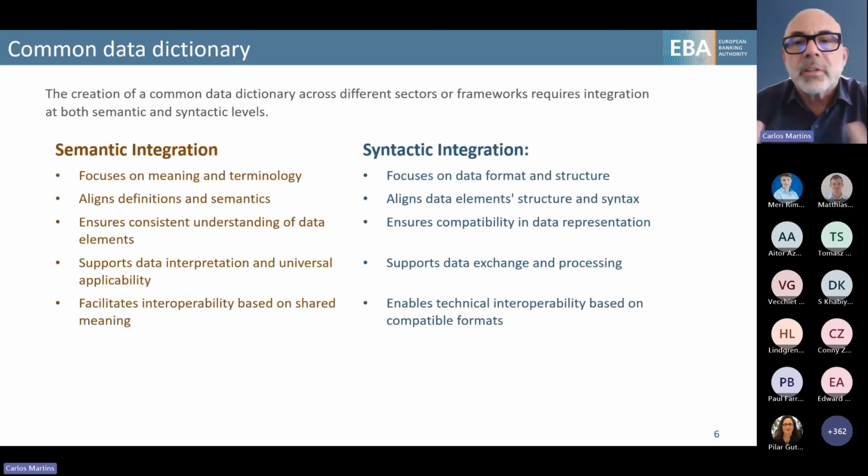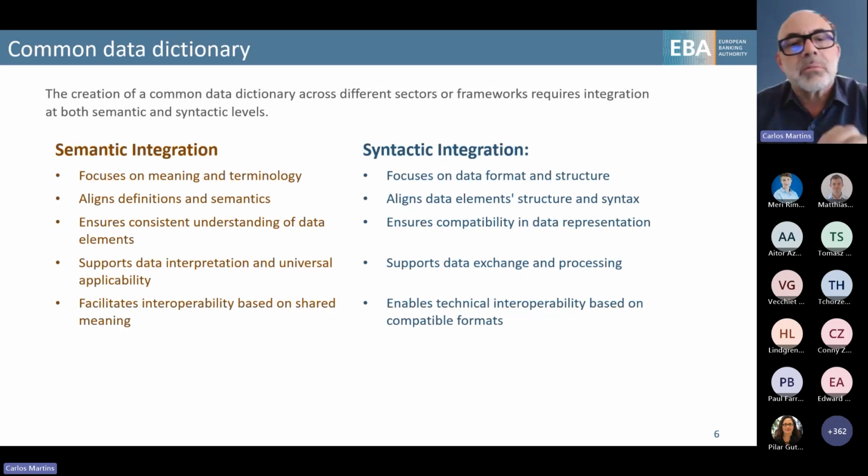Semantic integration is about the meaning of the data and the terminology used, while syntactic integration focuses on the data formats and structure of the model that holds the metadata. On the semantic side, we try to align definitions and meaning. On the syntactic side, we try to align the structure and the syntax used to define the elements.